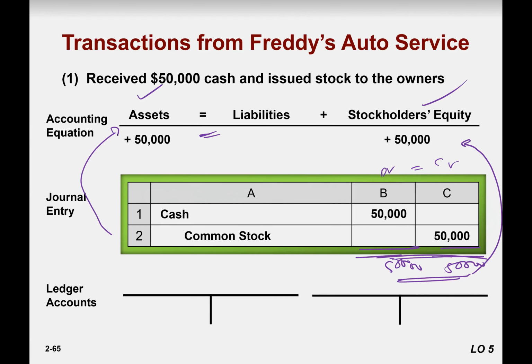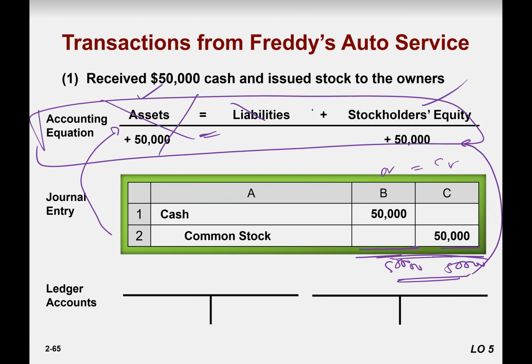Our accounting equation as well. If your entry results in 50,000 equal to 50,000, debit equal to credit, then of course the journal entry is going to equate the accounting equation as well. And when we post it,